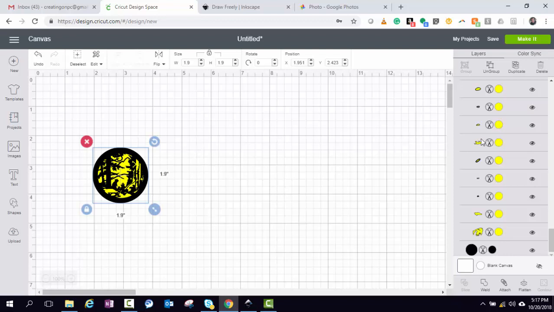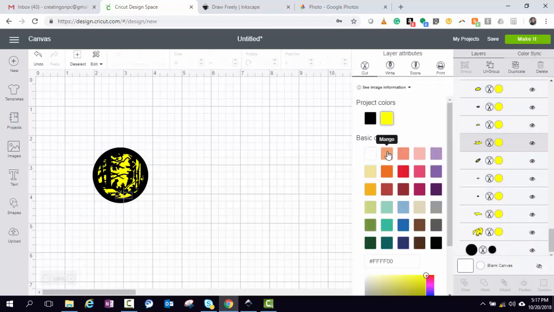So at any point I could go in and say, hey, I really want this color to be a different color, and I want you to cut it as a different color. I can actually change the color to whatever I want. If you notice, it turned it purple over on the right, but the image itself is not purple. It allows you to cut different shades of vinyl. If you're just cutting this out of paper, which is my plan with this,